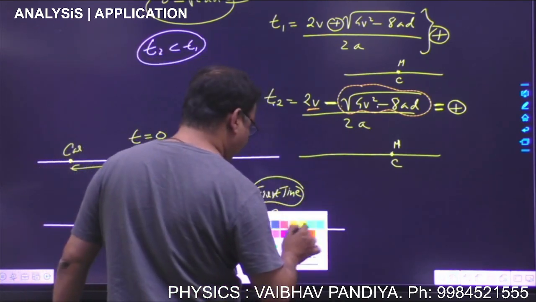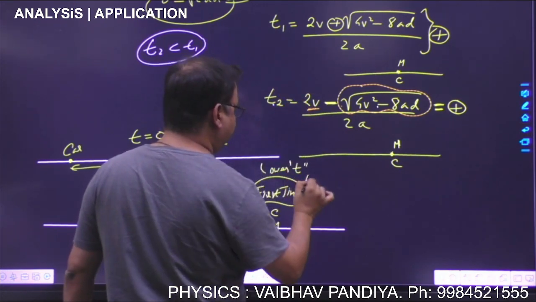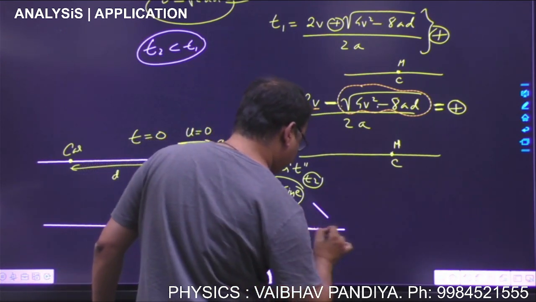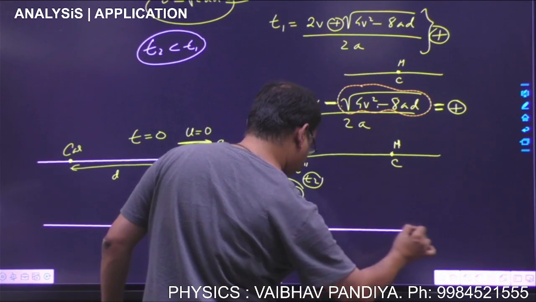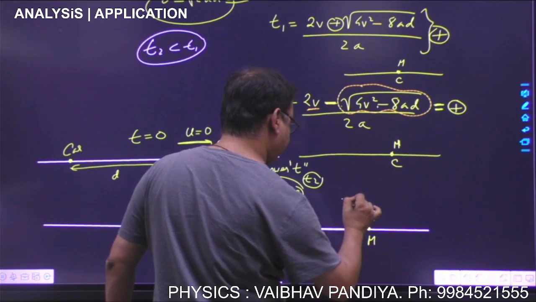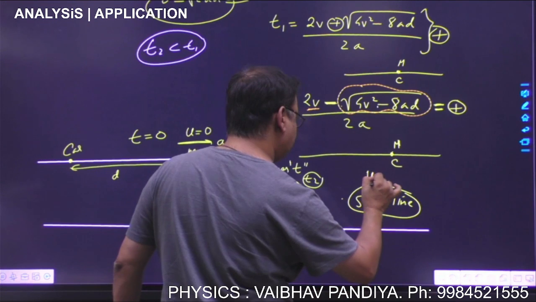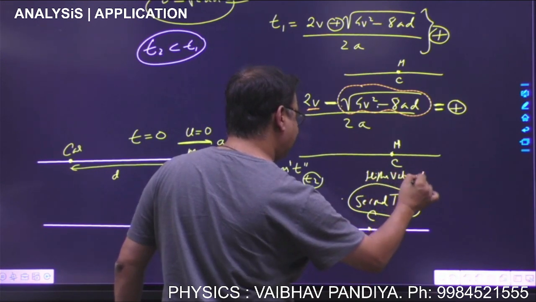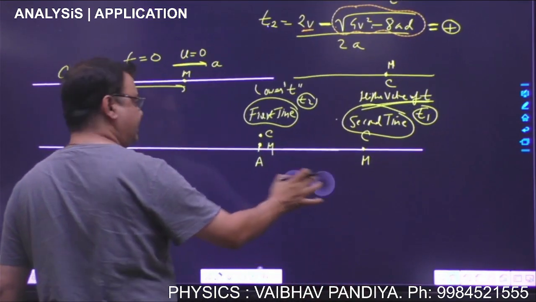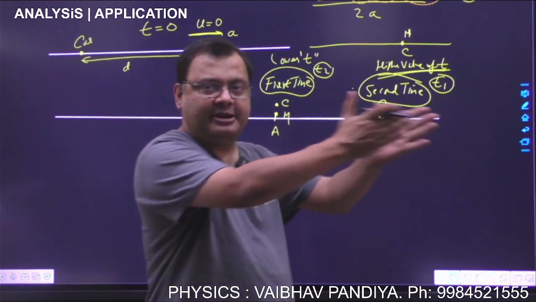So this is the first time, that is the lower value of t. Of course, in our solution it will be T2 because we have taken T2 as the lower value. Now what will happen? Once again, they will be side by side. This is the second time, and this is the higher value of t, which we have taken as T1. So basically, had the policeman not been catching the motorcyclist, then they would be side by side at two instants